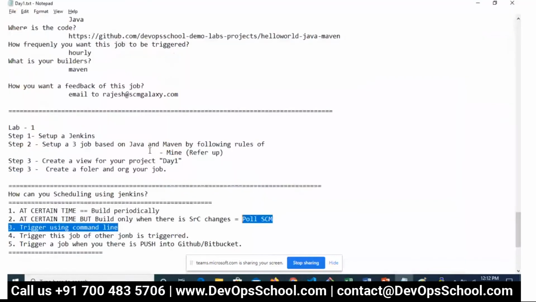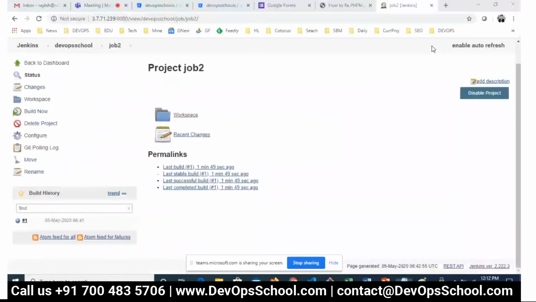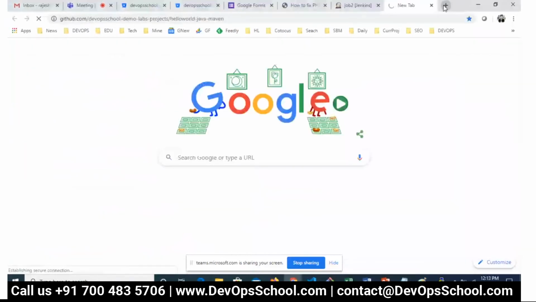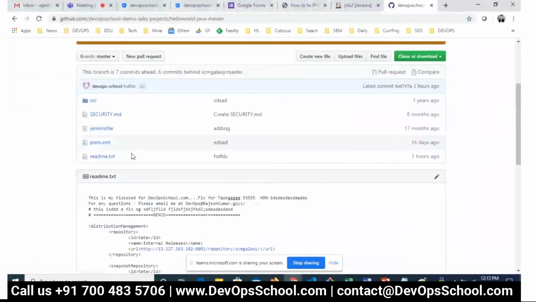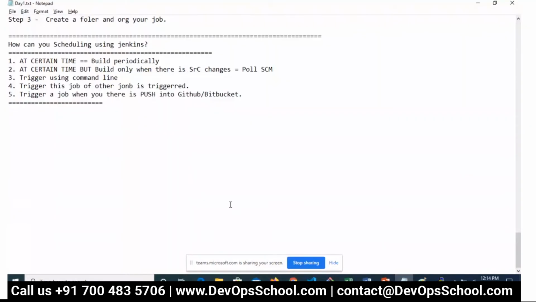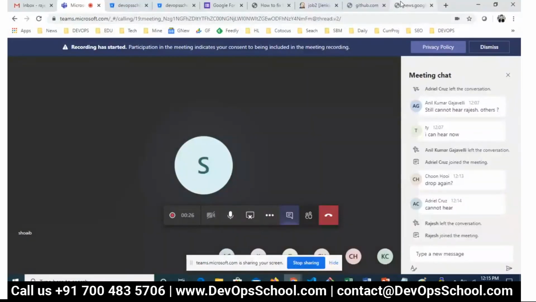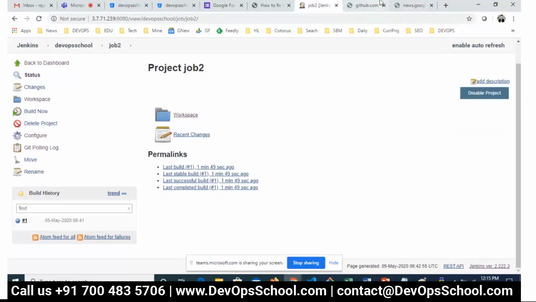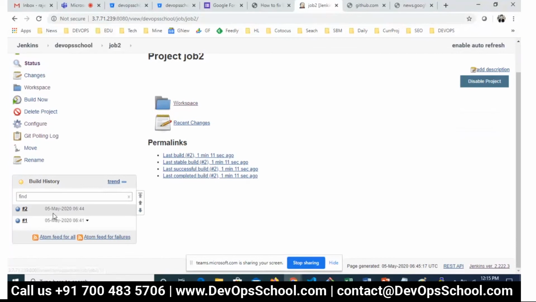So here I go to one of my favorite files, the readme file, which I modify for the demo. Git does not know whether it's a fake file or not, there's a change, simple, in Git. Sorry, where were we discussing, which one was I showing you? You're updating the README file in Git. Okay, I updated the README file, and you see here build number 2 automatically has come.